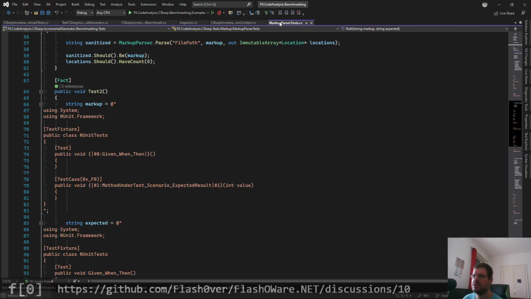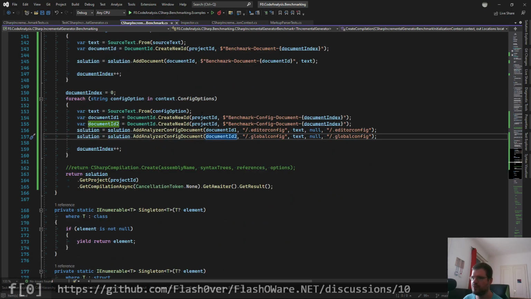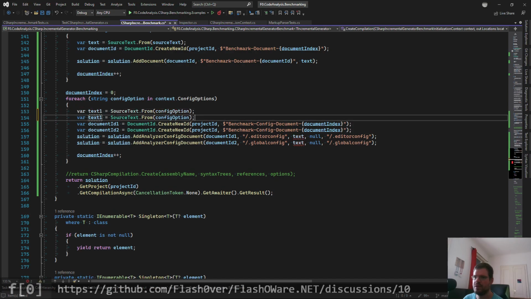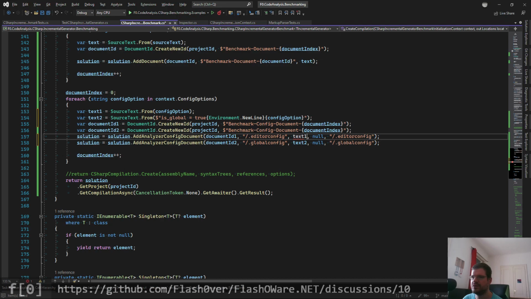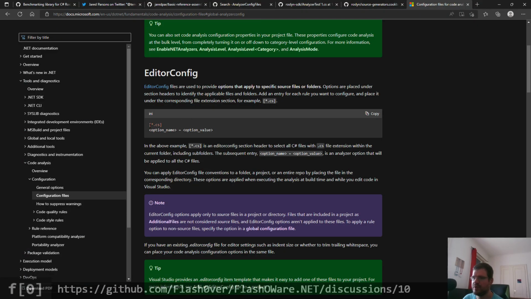But for the benchmark, let's try to add both versions. Text 1, text 2. Text 2 will be the global config variation, and text 1 should be the editor config variation, where we pass in the